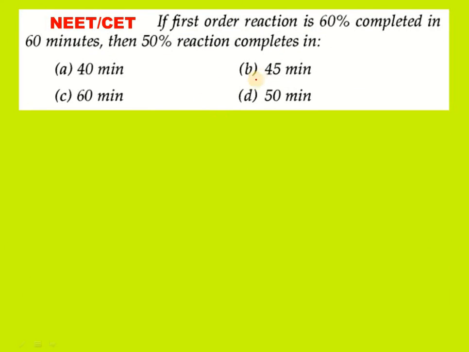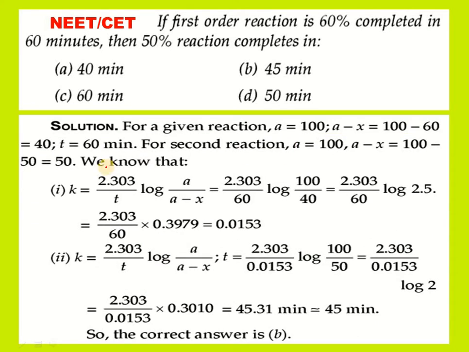Next question. For first order reaction, if the first order reaction is 60% completed in 60 minutes, it's not half-life, but half-life of the reaction is how much they are asking. Okay, so from the 60% information we can find rate constant, and the rate constant will be substituted in the half-life. Let us see. In the first order rate constant expression, if you substitute all the values of 60%, all these things, and the time also, then you will find what is the rate constant exact answer.